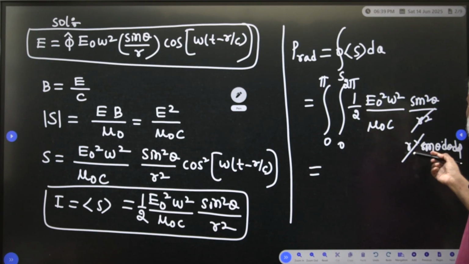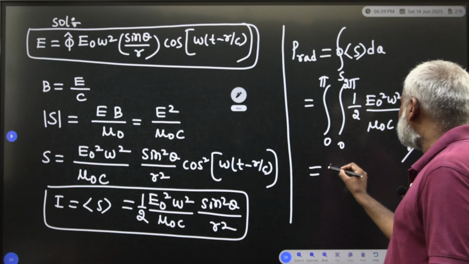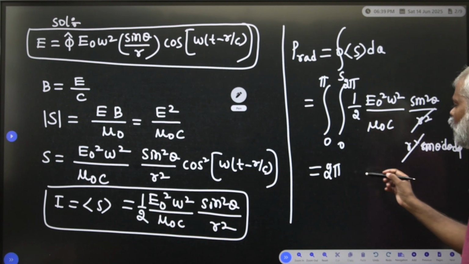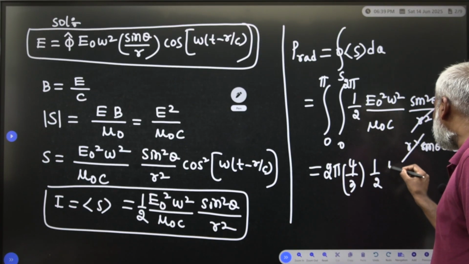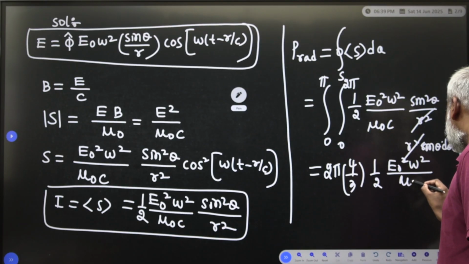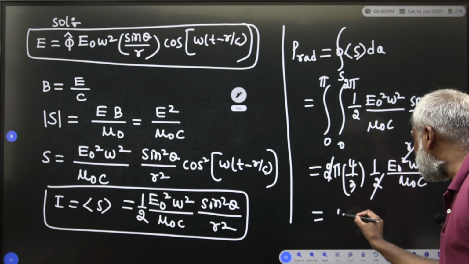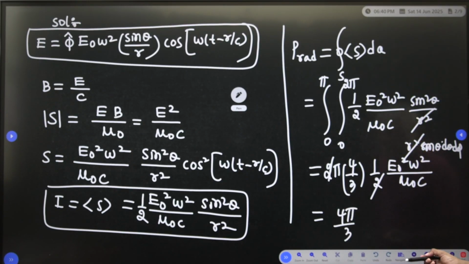Therefore, how much do you get? Integral d phi is equal to 2 pi. So 2 pi, integral sin cube theta d theta is equal to 4 by 3, into 1 by 2 into this constant value, E naught square omega square divided by mu naught into c. Now you cancel it, 2 and 2 cancel. Therefore, how much are we getting? 4 pi by 3 into